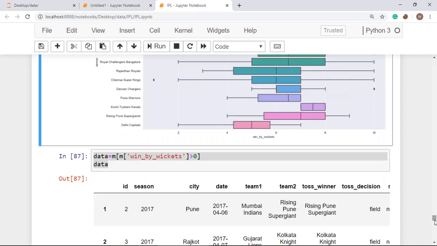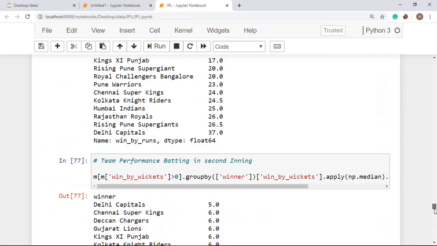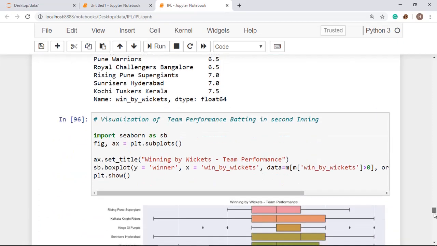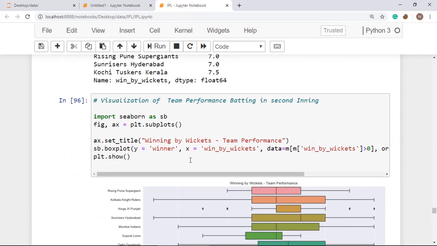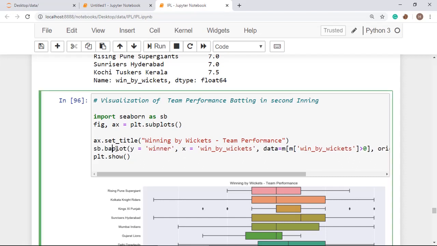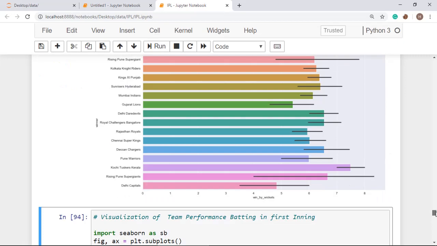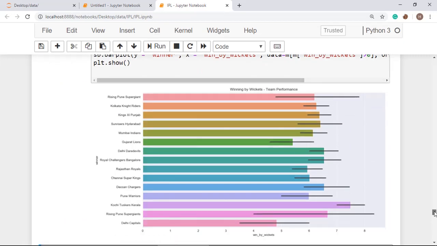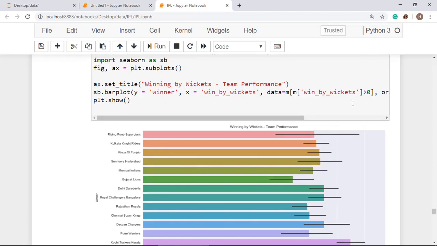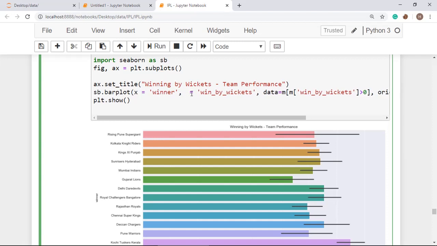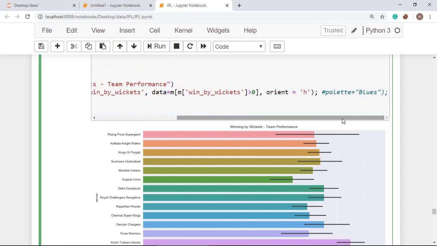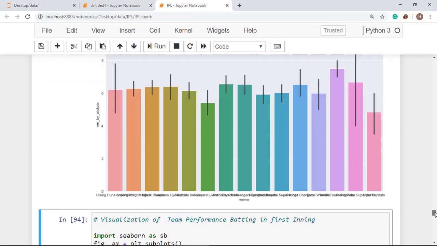Now you can also plot it in a bar graph. All right, so what you have to do is just change it here to bar plot. See here we have got the bar plot. We can also change the orientation. Before changing orientation you have to swap the values. So change y to x and x to y. This has changed the values, and now change the orientation h to v, and this will display the vertical graph.